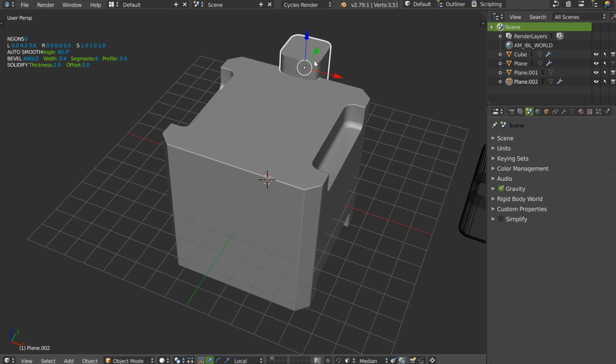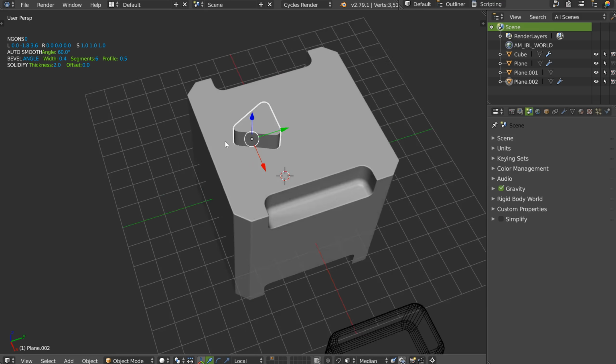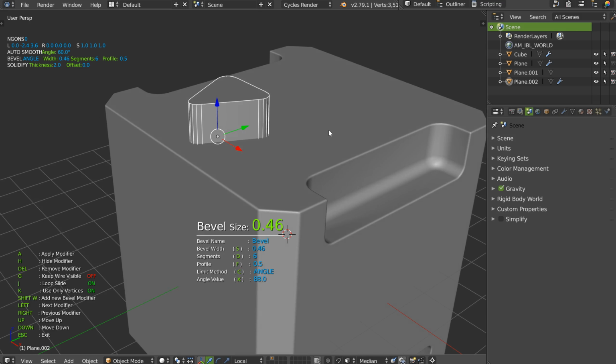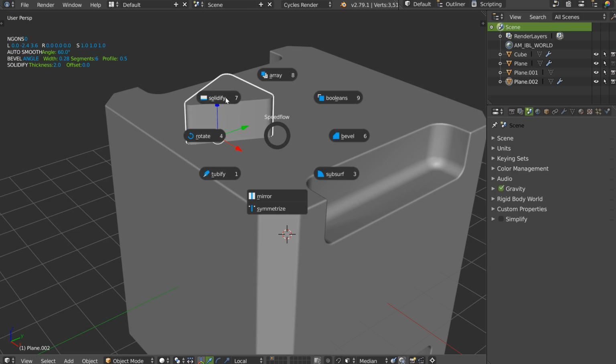I will make it a link to the grid. I will select this one, I will make a merge. And as you can see, I have something really simple, really nice. I can, of course, play with the bevel. I can press Shift W to add another bevel, or this one I can remove it. I can play with the solidify,